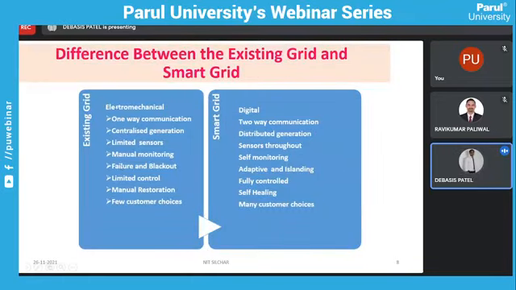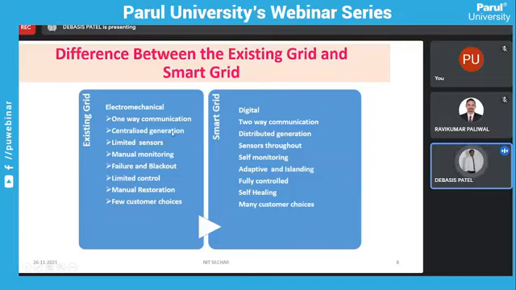Coming to the next, what differences do we see, right? The existing grid is electromechanical, meaning whatever you have to do, you have to do mechanically; you have to switch the load manually, right? But when you come to the smart grid, it is digital. The existing grid has one-way communication because electricity only passes from your source to the load end. But here two-way communication is possible, from source to load end as well as from consumers: the smart meter sends the information, and that information is given to your control systems or source end. That way we go for two-way communications.